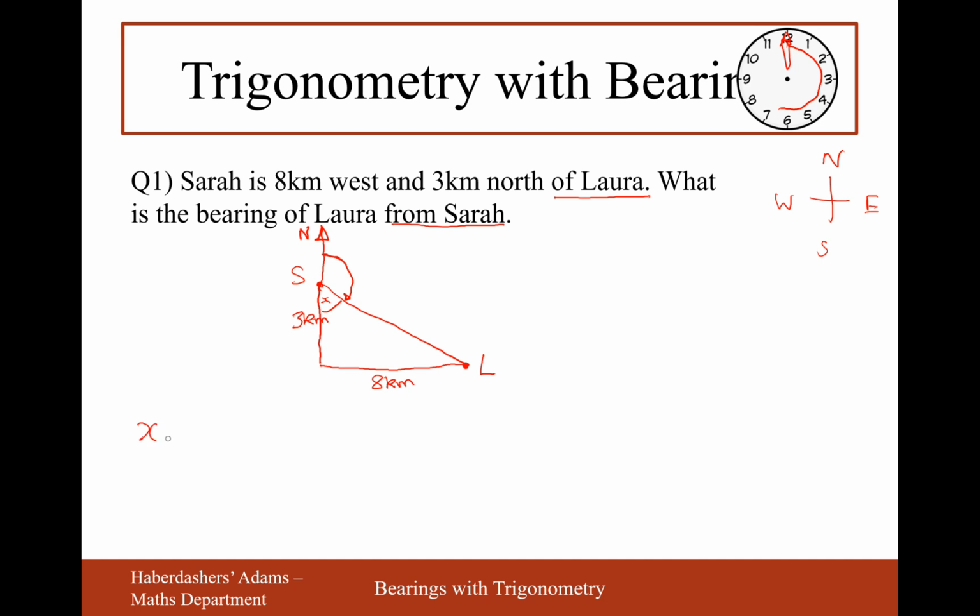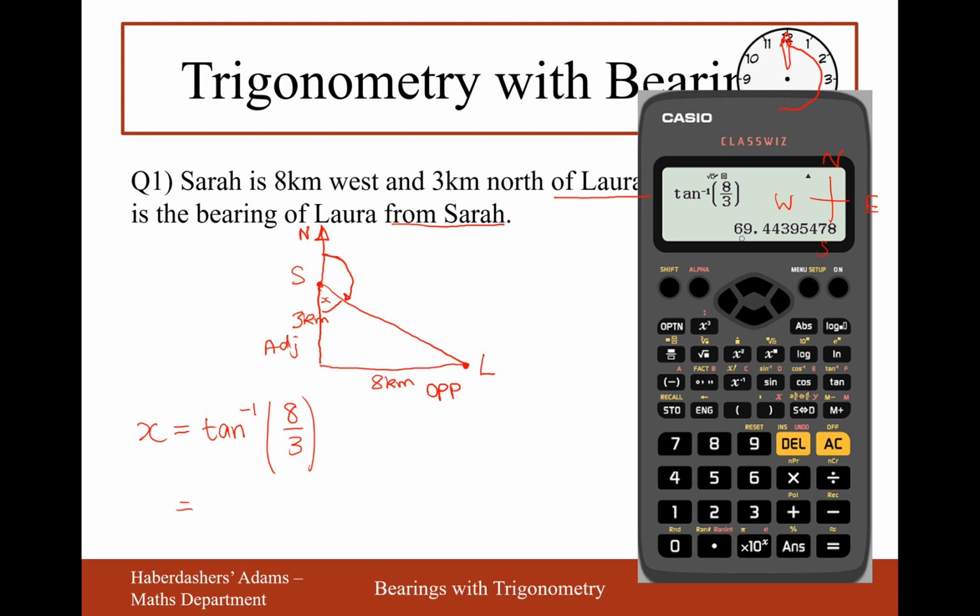So it's going to be x equals, I'll have to label my sides first, opposite and adjacent. And then it's going to be O and A, which will be tan. So it'll be tan inverse, opposite over adjacent, 8 over 3. And the answer to that is 69.4